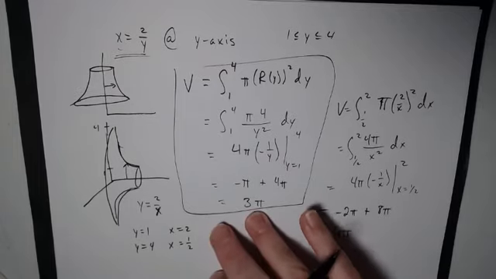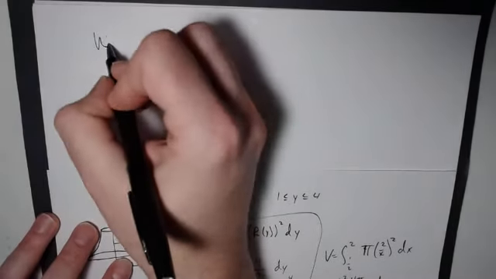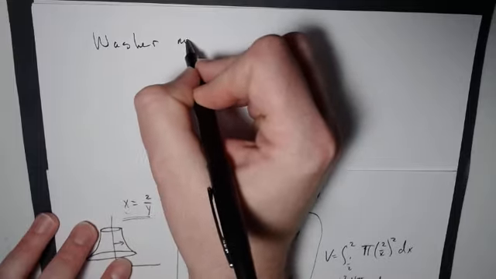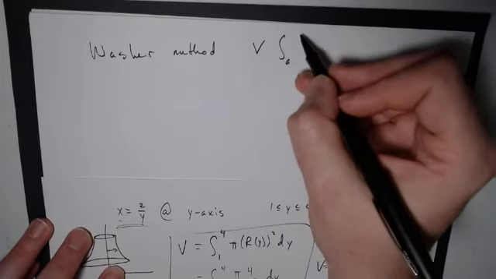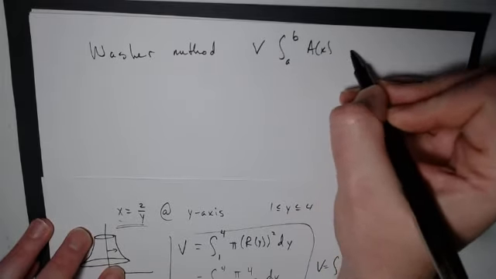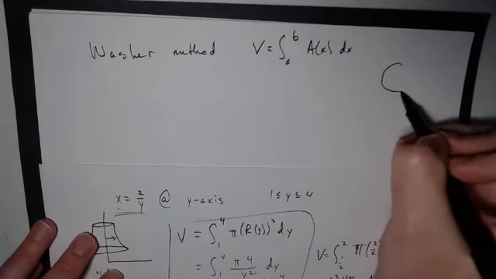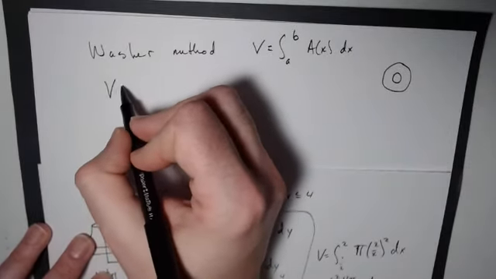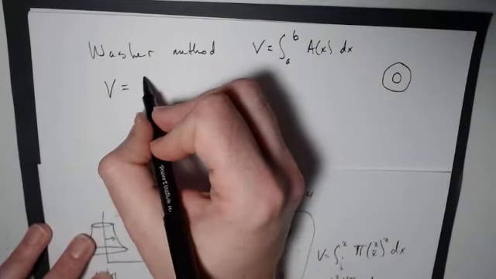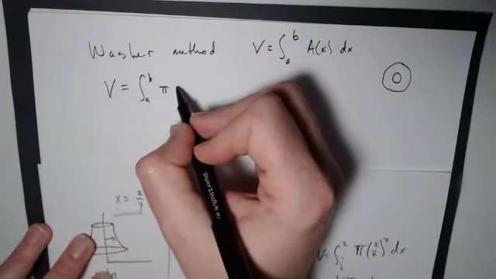Now, that's the disk method. There is a method that's often called the washer method. We're still relying on the idea that the volume is the integral from a to b of A of x dx. But the area of a washer is one disk minus another disk, and that's really the only difference. So using the washer method, the volume would be the integral from a to b, but then our area is pi times our